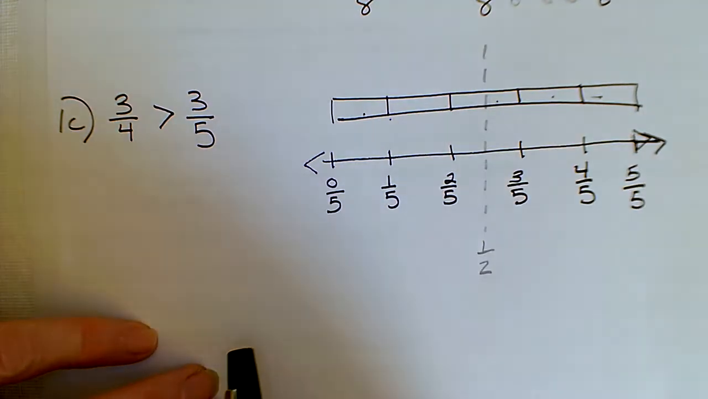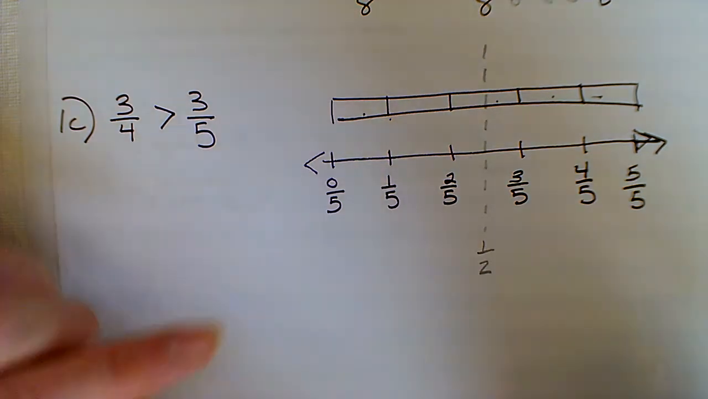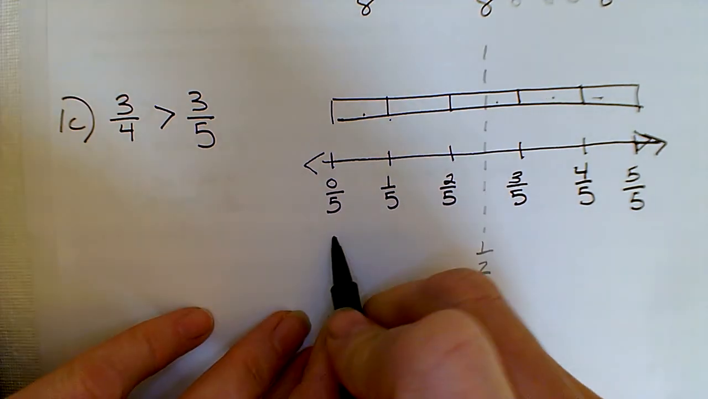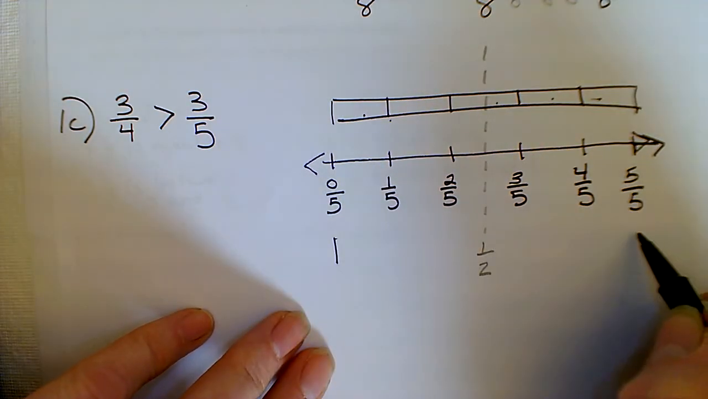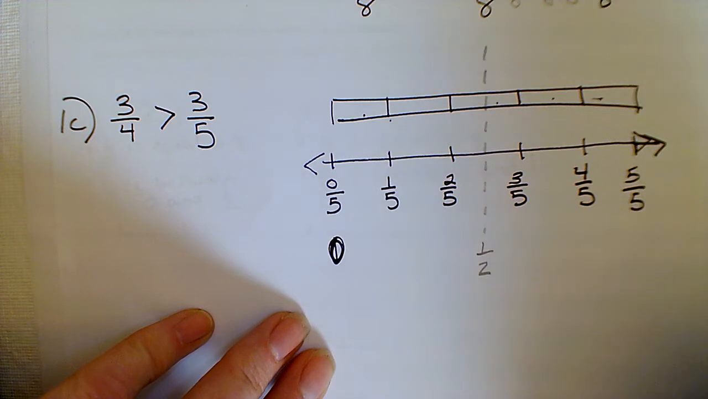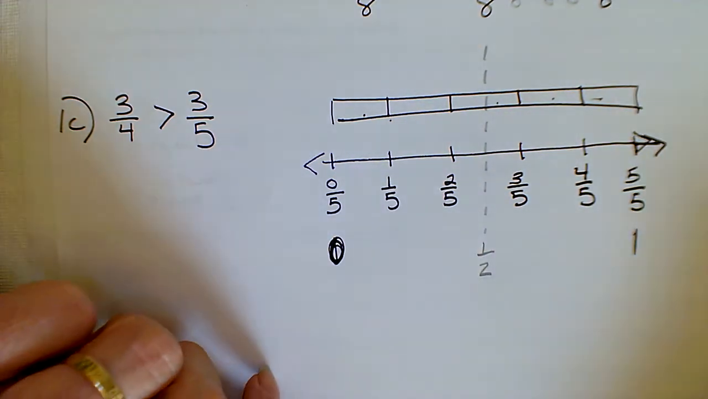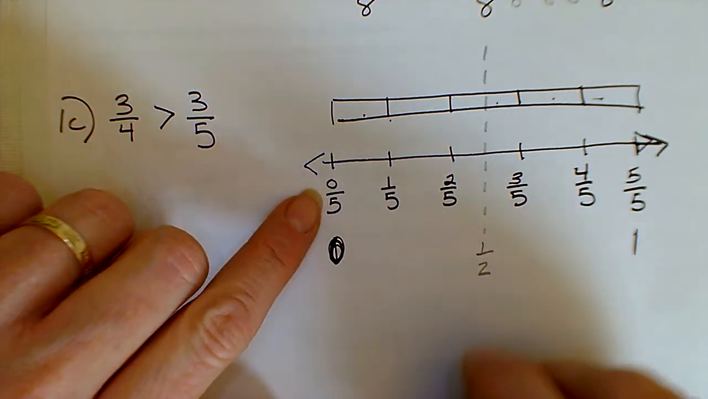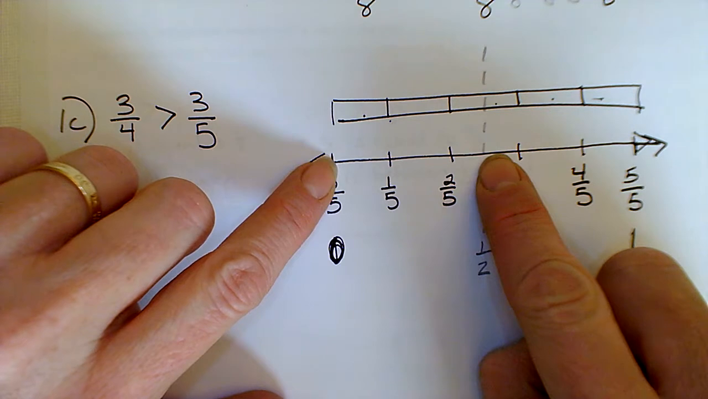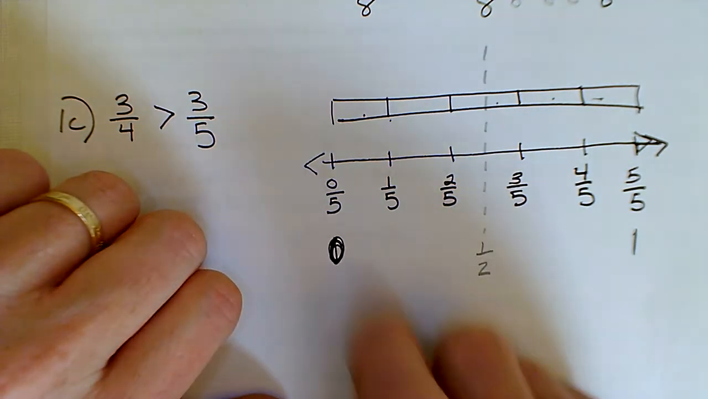But I can describe all of my fifths. So for example, 1/5 is between, now remember this is 1, this is 1/2, and this is 0. Oh my goodness, and this is 1. So what I can do is say that 1/5 is between 0 and 1/2, but it's closer to